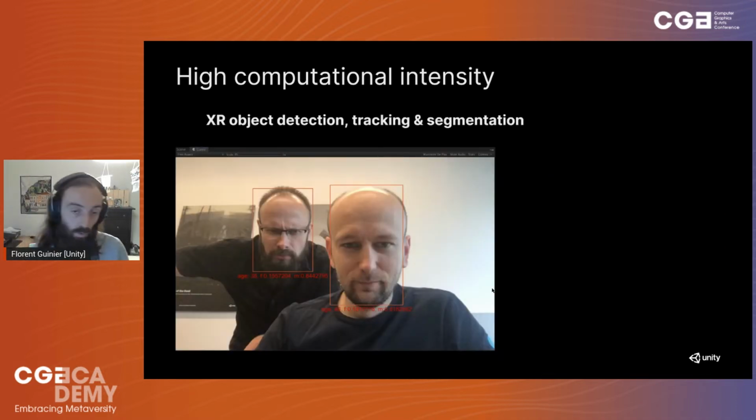XR object detection, tracking, segmentation. Plenty of use cases. A lot of them are very mobile, because then you get a camera. A note about that: when you're on mobile, you're on a low power device, and it probably means performance is going to be a challenge. So here you can see a network that does face detection and tries to predict the age. By the way, those two gentlemen, on the left is Florent Guinier, and on the right Modest Pidas, both former creator of Barracuda and a lead of Barracuda.